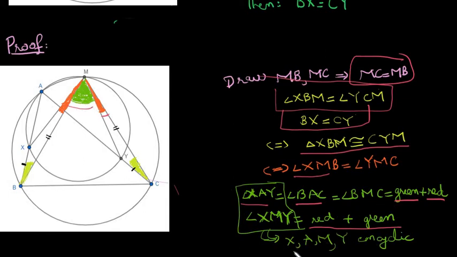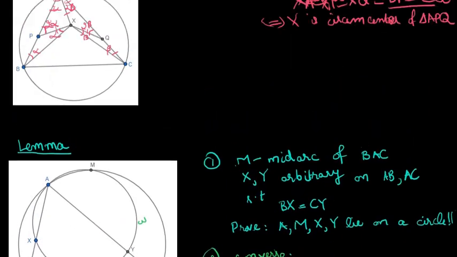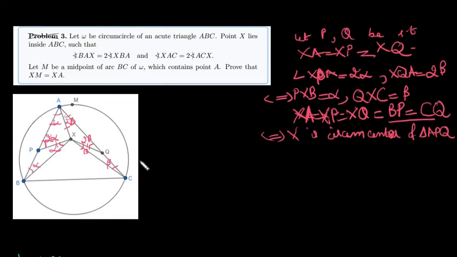So this means that XAMY is concyclic. And so we have shown what we needed to show in the first problem in our video. So if you were to write the proper proof, you would now quote